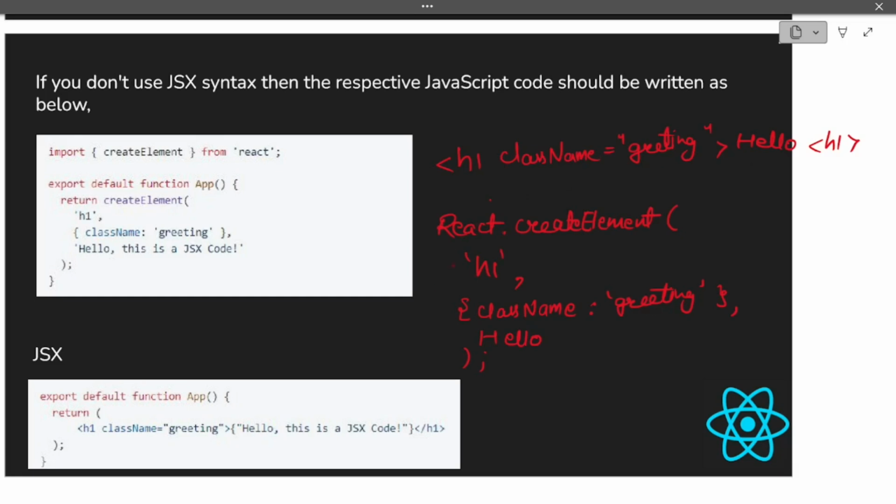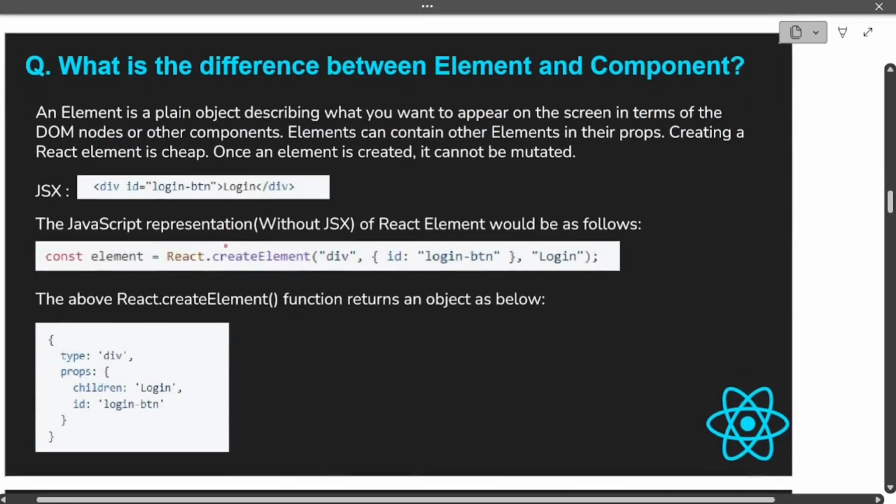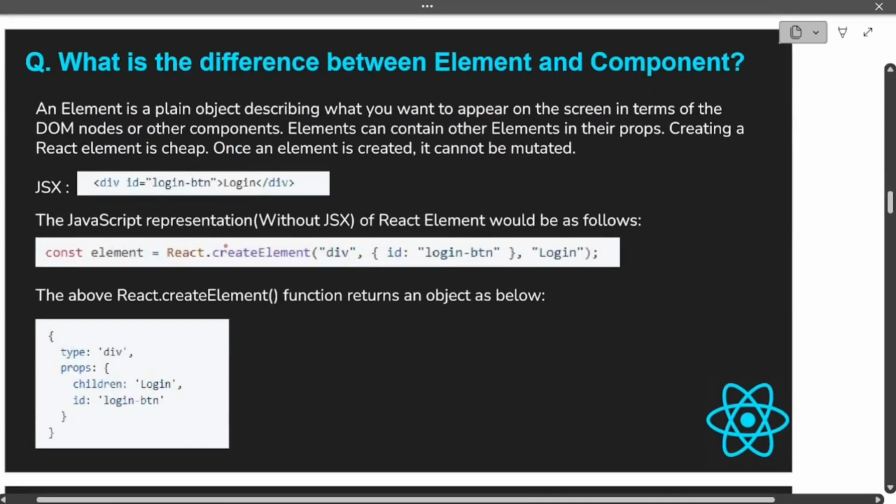This is very important. You have to understand how the code that you write through JSX gets understood by your compiler and how it gets displayed on the screen. Basically it gets converted to React.createElement. So we have understood both the examples. In the below image, you can see the simple line of how we write in JSX, and then how it is understood by the compiler, the respective JavaScript code for the JSX. So let's move forward to our next question now. What is the difference between element and component?